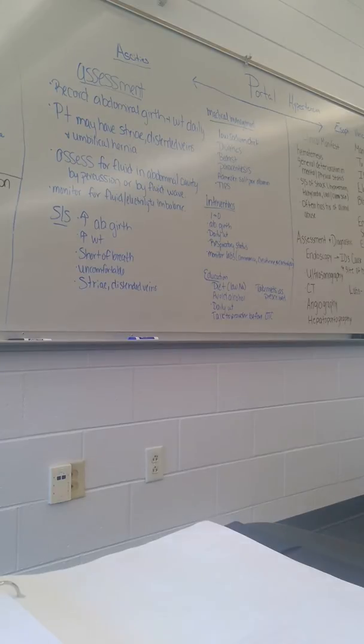So the patient has presented, and we've done our assessment, and we're going to include an abdominal assessment in there. So we're looking at the abdominal assessment, and we determined that the patient has ascites. Okay, so we want to record the abdominal girth. We want to look and see if there's any striae or any distended veins, or there could be a hernia. I mean, there could be as much ascites, enough fluid volume accumulated to cause an umbilical hernia.